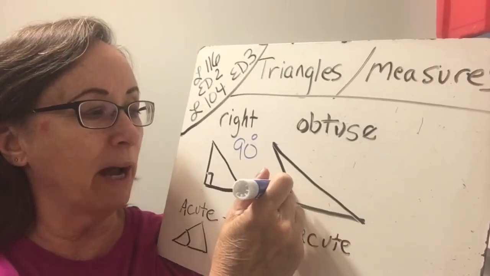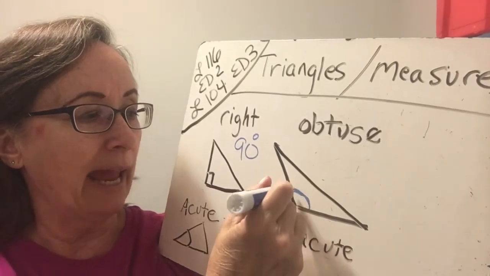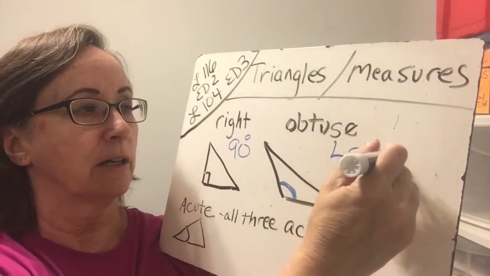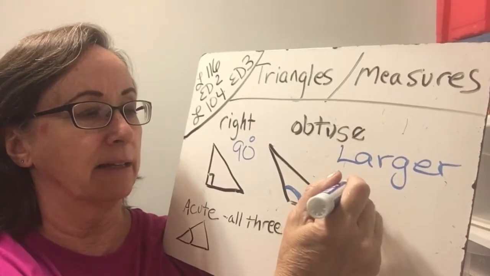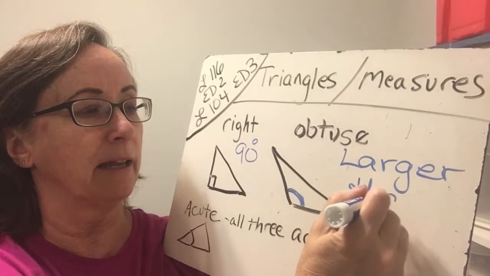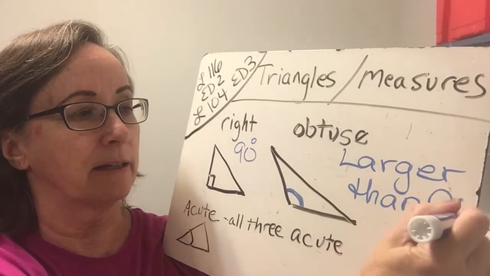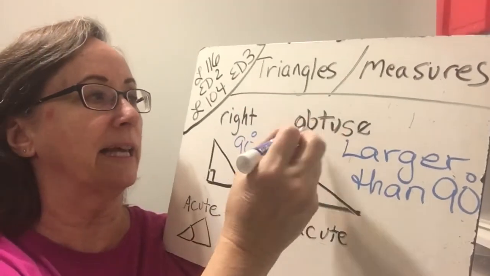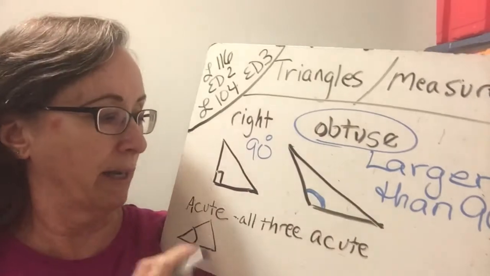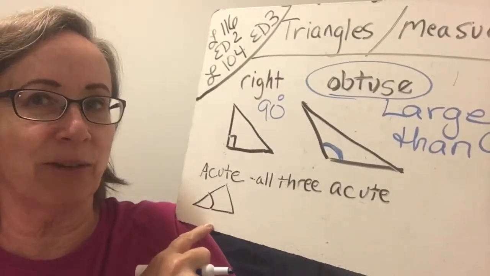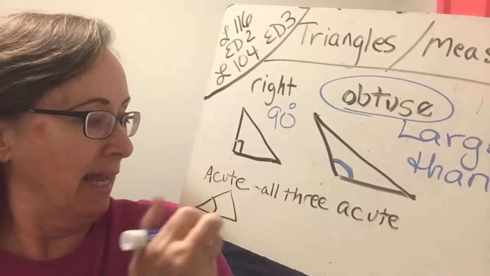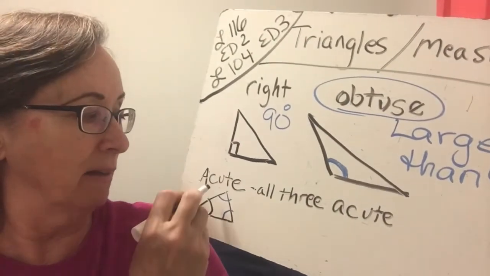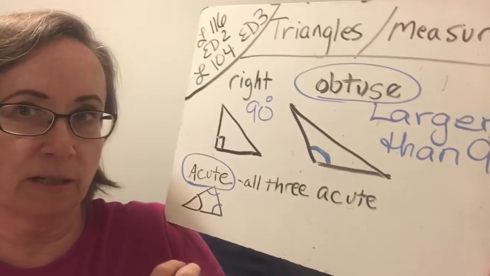If we have one obtuse angle, and obtuse means larger than 90, larger than 90 degrees, so it's bigger than a right angle, if we have one of those, then we call it an obtuse triangle. And if every single one of the angles is less than 90 degrees, then we call the triangle an acute